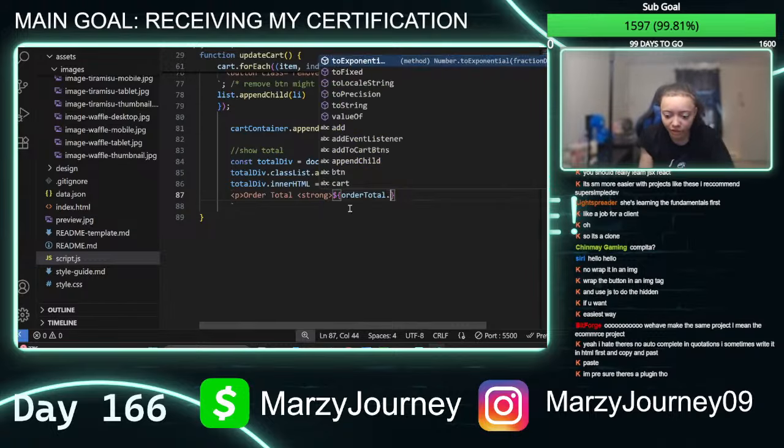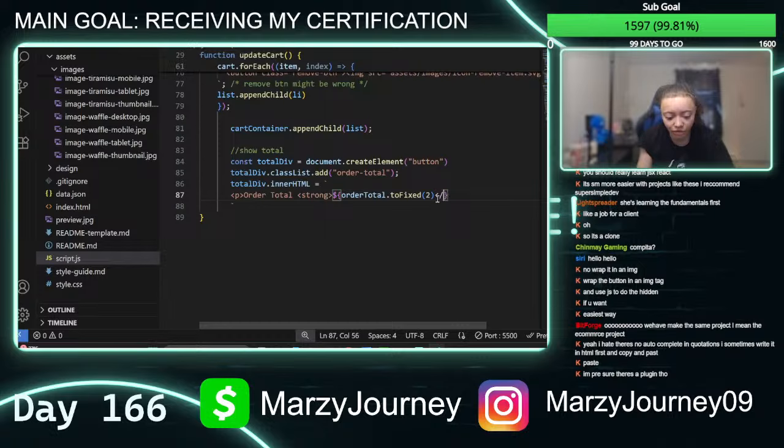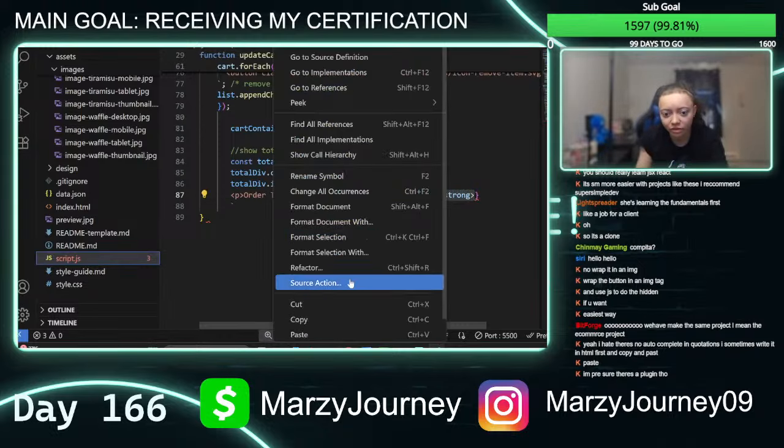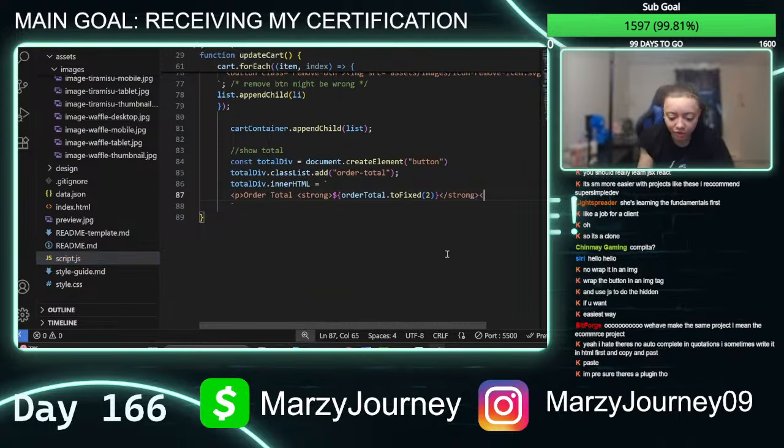So it'd be the order total, and then that would have to be dot toFixed, like what I did up there, and then probably put 2. I'm assuming if there's supposed to be another number, I'm going to screw this up, because that's the only thing I could recall. And then from here we close out strong, lowercase please. Close out strong. And then, oh, I'm still inside. What is going on? All right, close out strong. And then from here, close out the P. And then I think that's it for this little thing here. We don't need to get into too much.